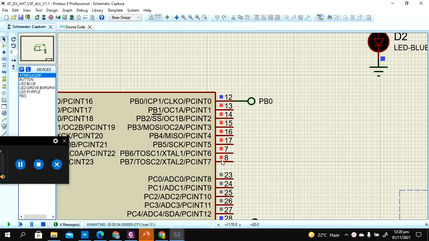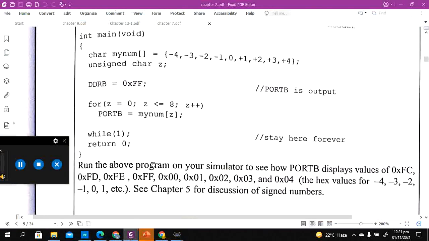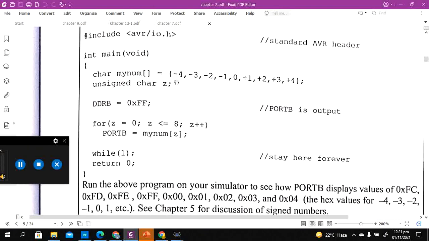FE. This is again, you can say 1 1 1 1, and this is FF, 0. Now it's going to be 1, 2, 3, 4. So this shows the importance of binary number recognition and the significance when you see these things on a port, on a digital port. One should be clear about these small concepts in order to have a better understanding.